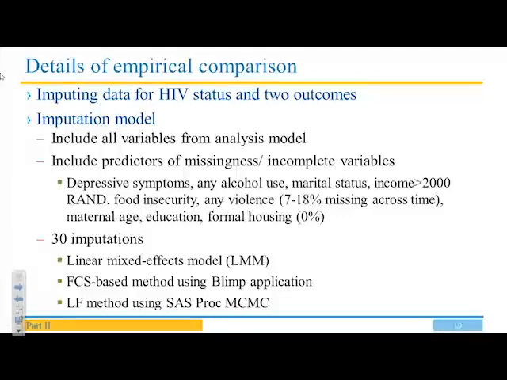Is 30 a kind of rule of thumb, or how did you arrive at it? Yes. The rule of thumb is that you look at the percentage of missingness on your variable, and usually that percentage would be equal to the number of imputations. For example, the maximum proportion of missingness for us was 24%, so something like 30 imputations would be enough. Just feel free to increase the number of imputations, but it makes the process slower. In the old days, the answer was 5. Right. Yeah, and a lot of packages use 5, but